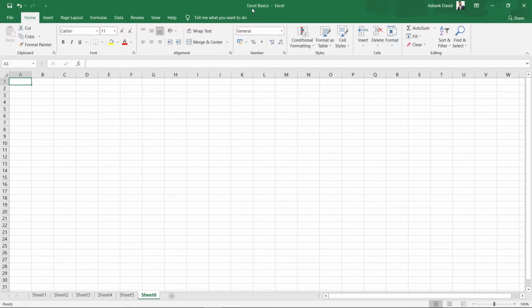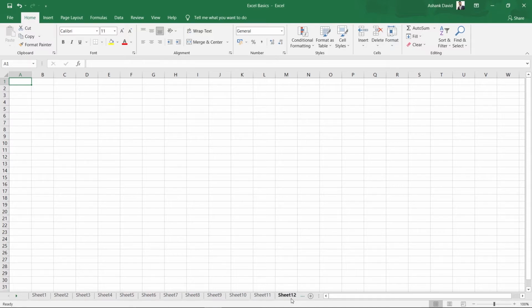We are working on the same Excel basics file, but we are able to create so many different sheets in our same Excel file. This way we can organize our different data sheets using these sheets right here, and we can create an unlimited number of sheets, like this, 11, 12, and if you keep pressing plus, this will allow you to create more and more sheets.